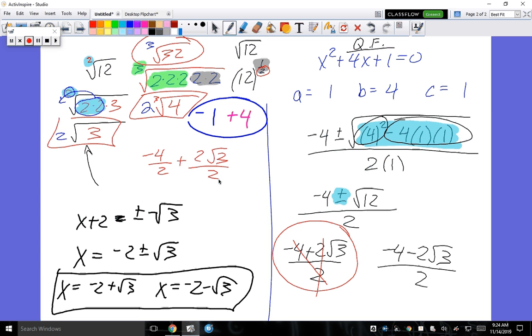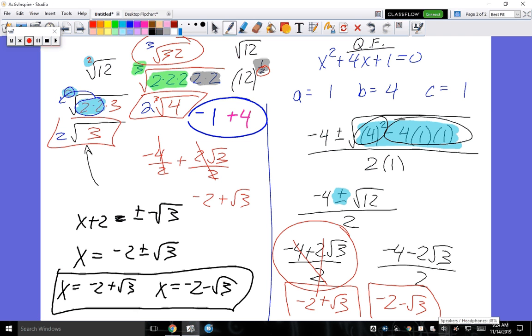Okay? This will reduce to what? Negative 2 plus what? Square root of 3. So this answer is negative 2 plus root 3. Okay. What's the other answer? Negative 2 minus root 3. Those are both my x